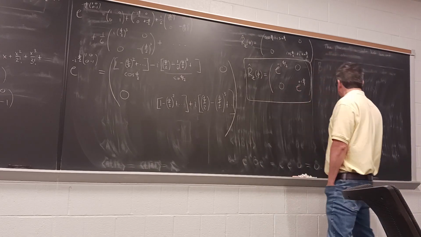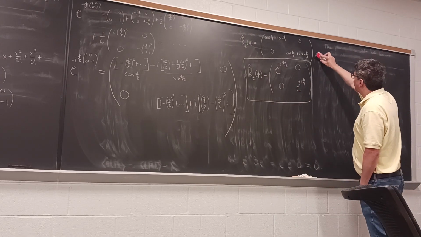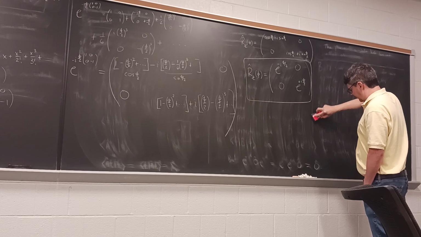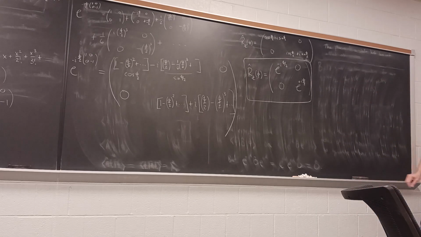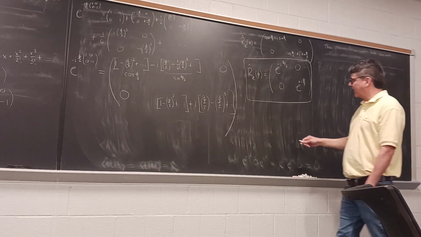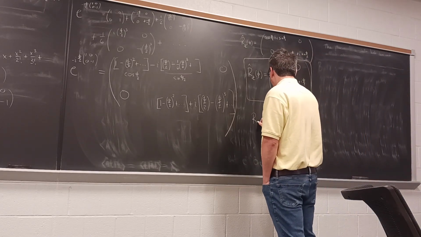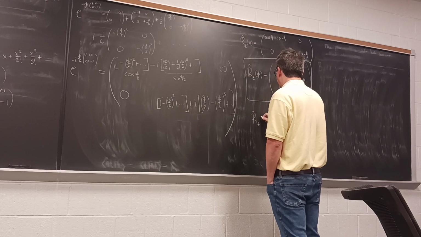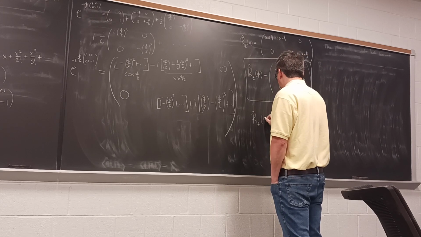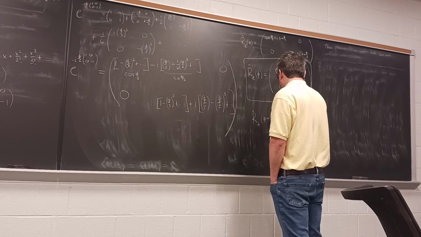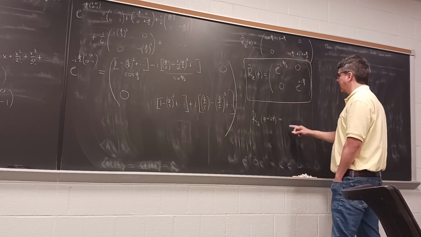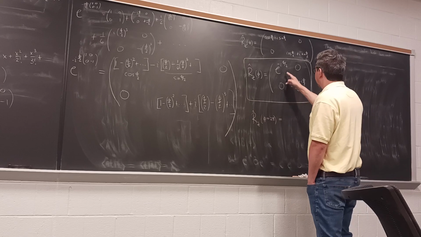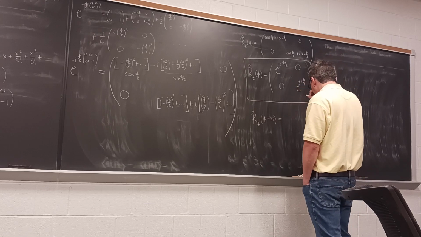Okay, so this is where you can see that there's something strange about quantum mechanics here, because what is RZ of phi equals 2 pi? What is that? If I rotate by 2 pi,